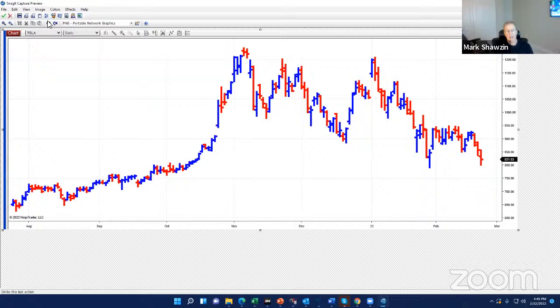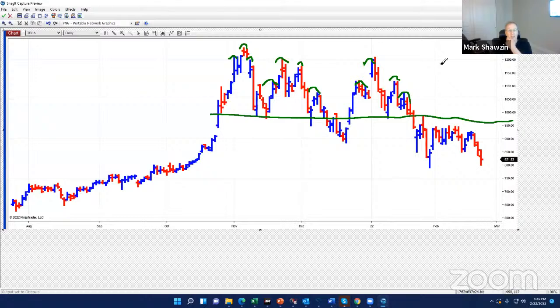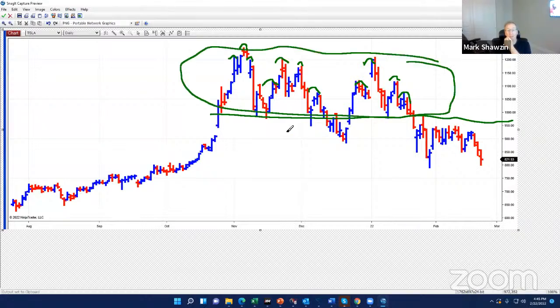So I just look at price patterns and then look at a set of discriminating bars that tells me when to get in the trade. And buried within Tesla is 100 little bear patterns. Right here, you have a double top, head and shoulders. Here you have a double top, head and shoulders. Here you have a double top, head and shoulders. So just a multiplicity of bear patterns above this 1,000 level. So it's not surprising we're trading at $800 now.